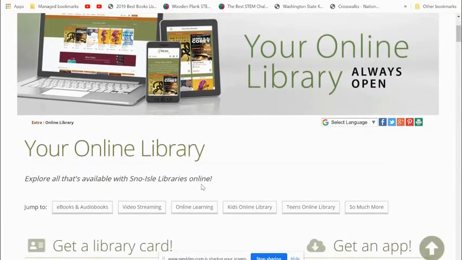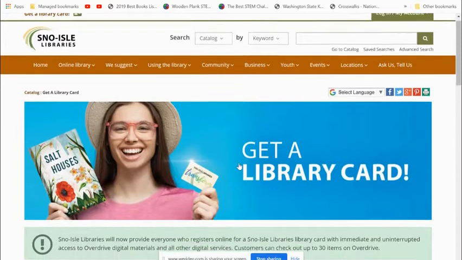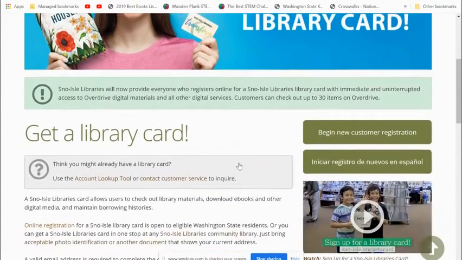The first stop is to ask yourself, do I need a library card? If you already have a library card, you can skip this step. If you are not sure if you have a library card, or if you don't, just click on Get Library Card. You do not have to go into the library to get a card. Right now, if you begin your new customer registration, they'll process your card and you can start using their online